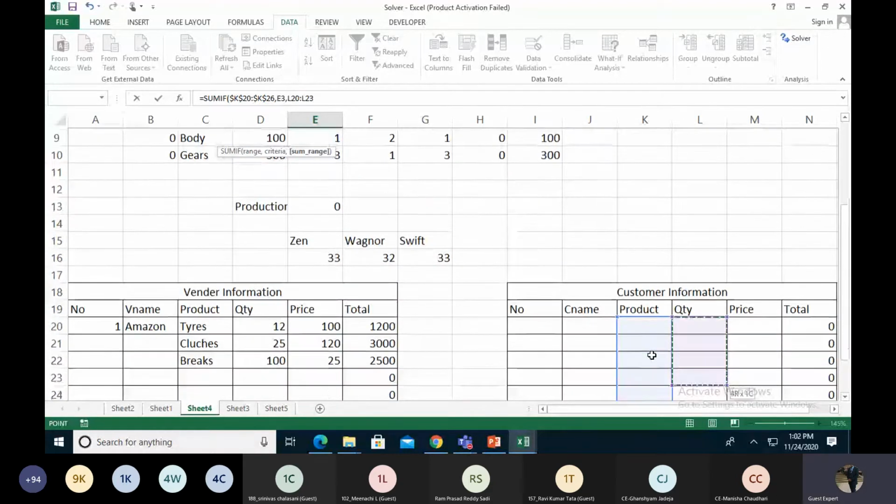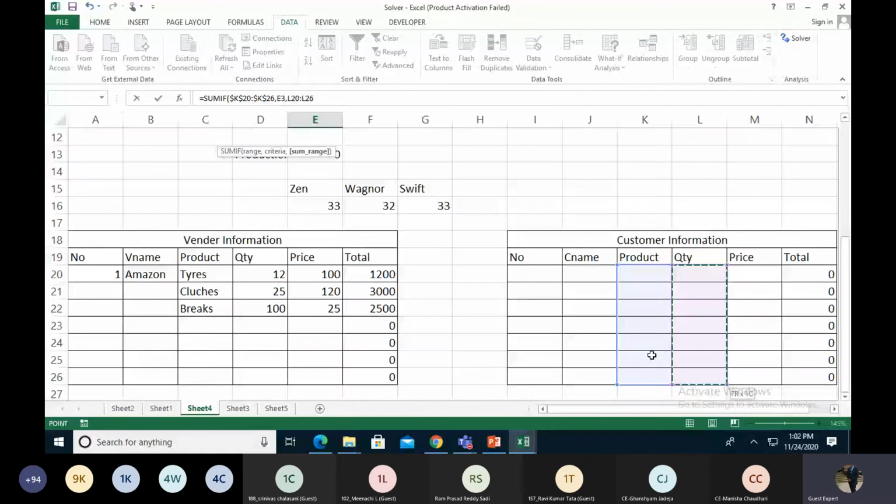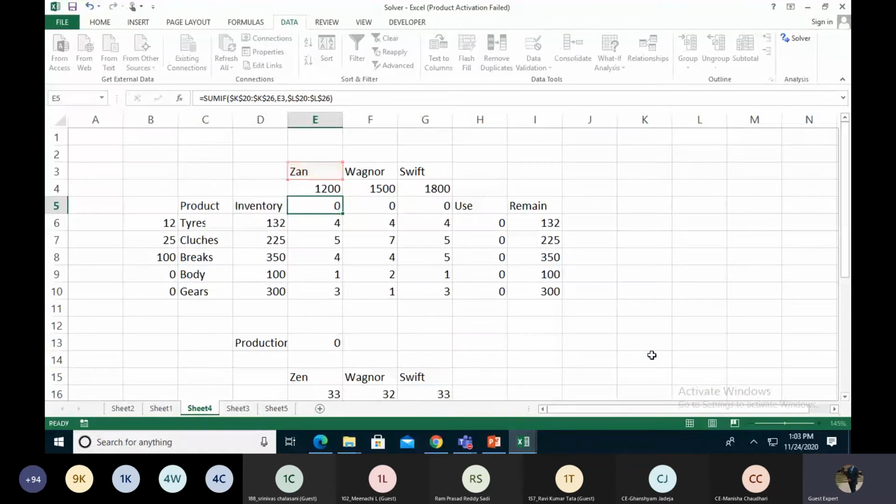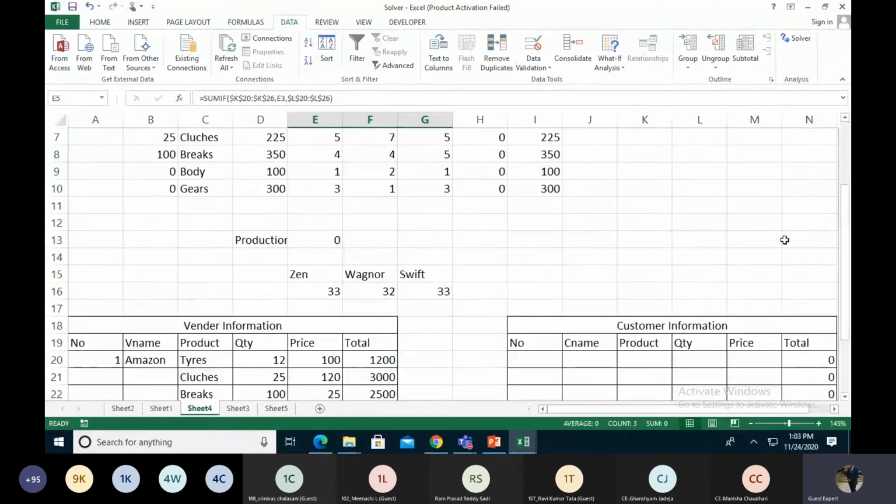So we take the quantity section and F4. Right now we have no Zen. We have to sell it out. So then make it 0. We just drag it to Wagoner and Swift also.